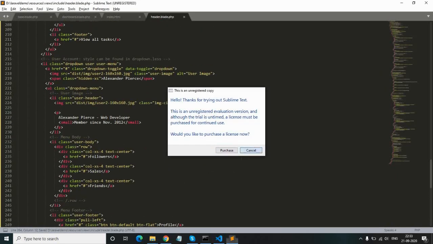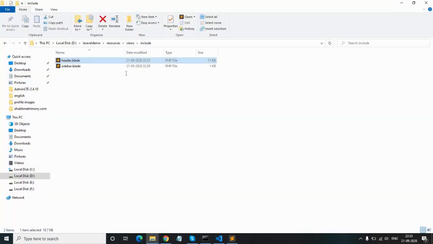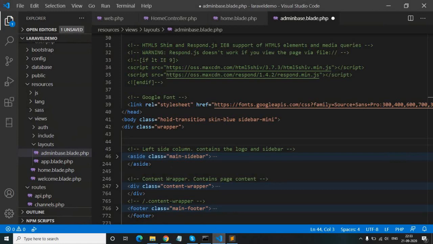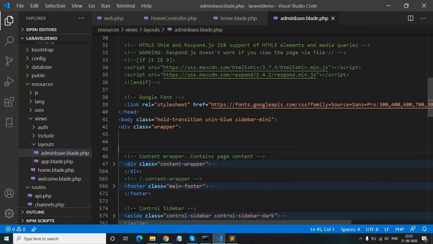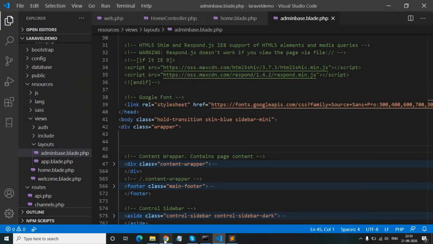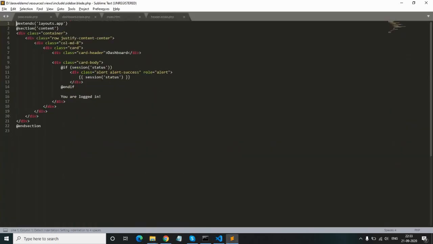And now we will cut our sidebar and put it inside sidebar.blade.php.